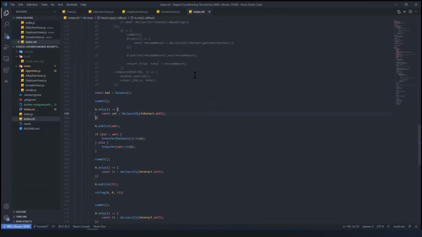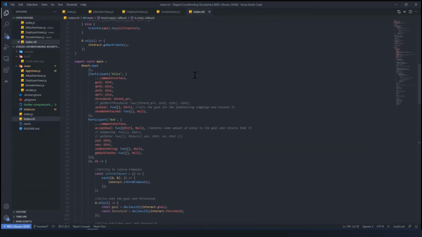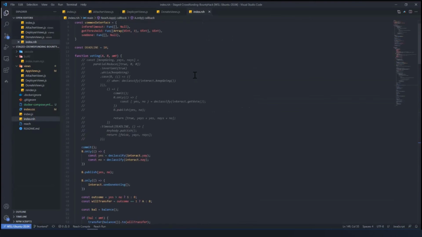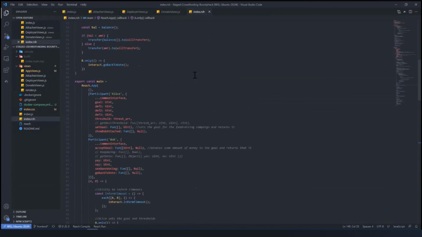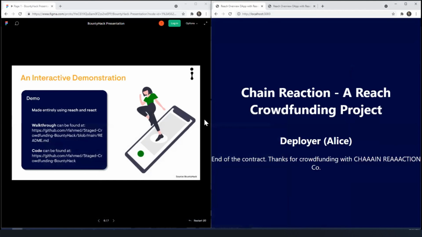And so something that we'd like to improve on in the future is to add multiple different ways to do crowdfunding and multiple applications. We've started scaffolding some of the code here in the comments, but given more time, we'd definitely like to implement many more of these features. So by now, we can see that Alice has also reached the end of the contract, which brings us to the end of our